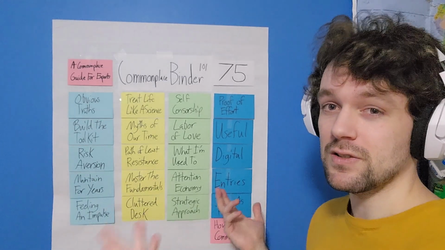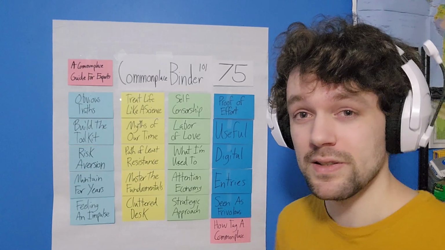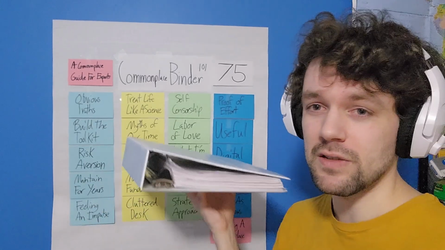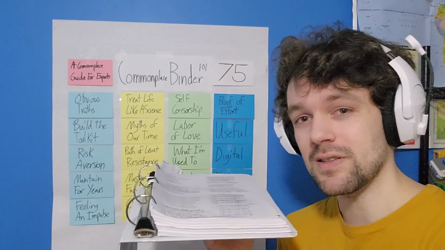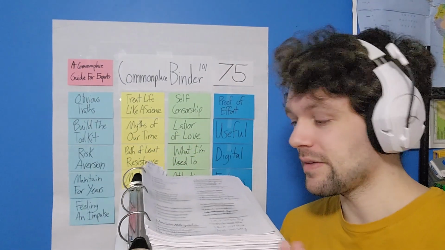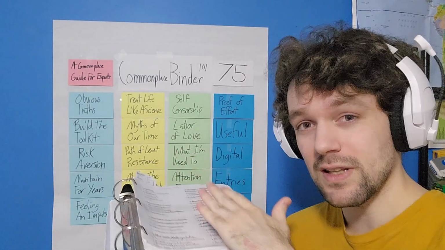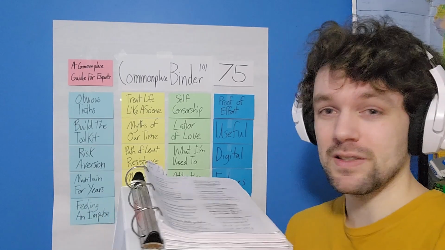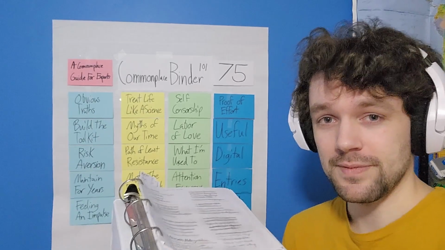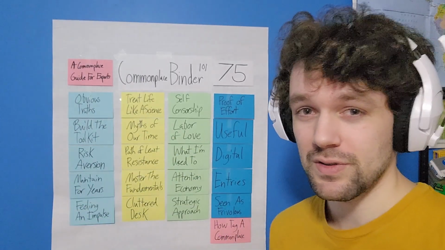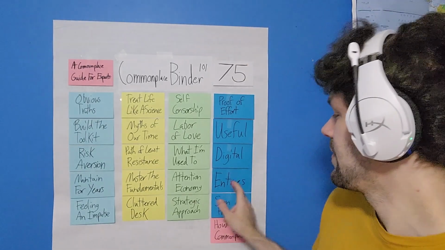Digital. How does this interface with the digital system? One of the great things about a binder that a lot of people don't seem to understand for some reason is because it's a binder, we can print the stuff out and just slap it in there. Now, obviously, if it's a book, people can slap it in there if they add a bunch of glue, but we can hole punch it, or we can just slide it in. And that's great, because that means if we make something and it sucks, we can just redo it. Or if there's just a little error, you can still redo it, which is great.